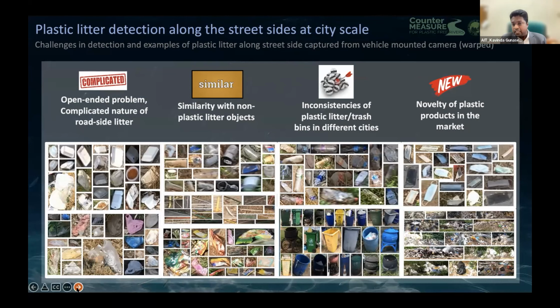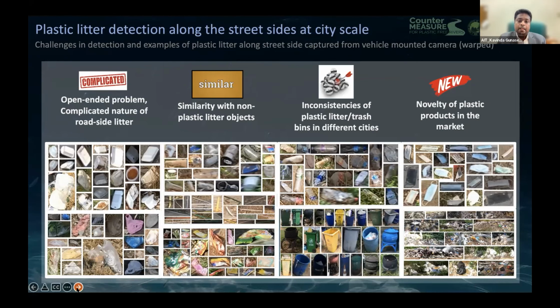And also, if I talk about the last point, what is the novelty of the plastic project? Like if you think about the mask, when COVID started, we all started to use the green color mask. But over time, we started to see pink color, and ladies started to use it, and then black color masks. So new products are coming into the environment. And in our machine learning model, we are also looking into detecting plastic bins to understand and give cities insight into how many bins are in their area. So even if you think about plastic bins, there are different innovative ways of making plastic bins in different cities. So these are some snapshots of what we overcame.